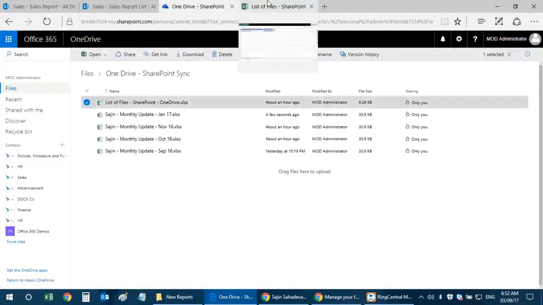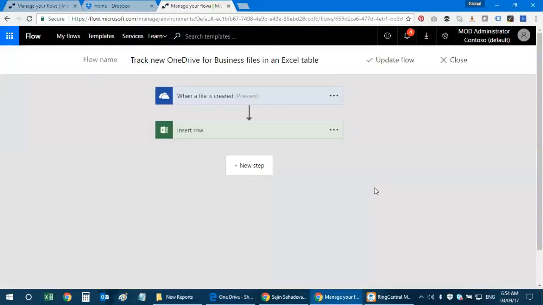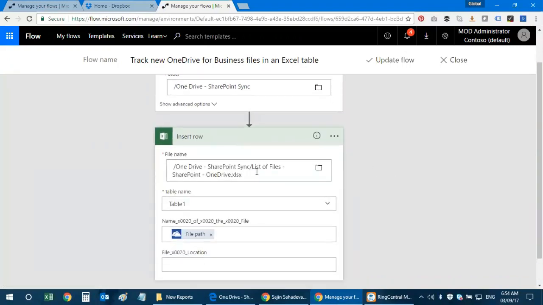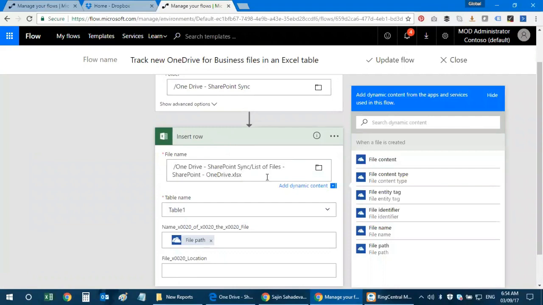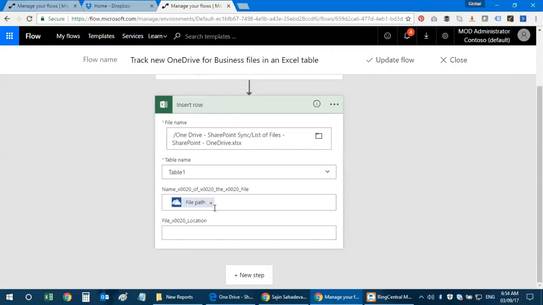once a file is, let's say I have uploaded a file in my OneDrive folder. Now I need to track. Let's go ahead and click on track OneDrive for Business files in an Excel table. So what happens here is, let's say a file is created in the OneDrive SharePoint sync folder, the next thing it does is it goes to the Excel file that I have linked with this flow. It reads through the table, that's Table 1, and it pushes in the name of the